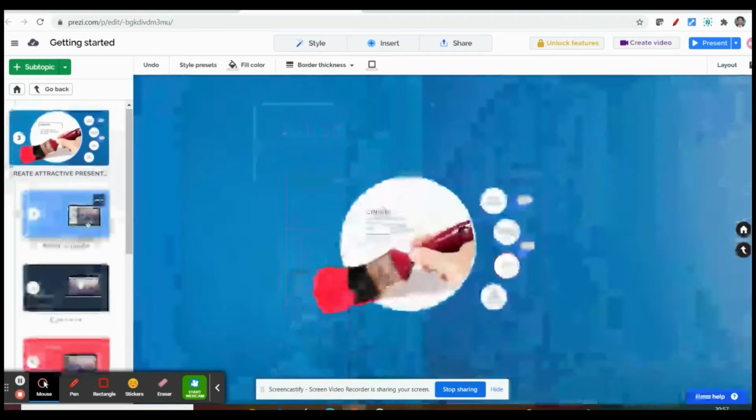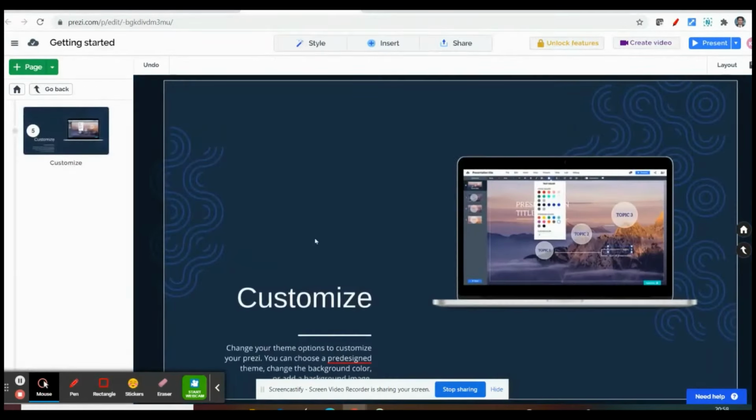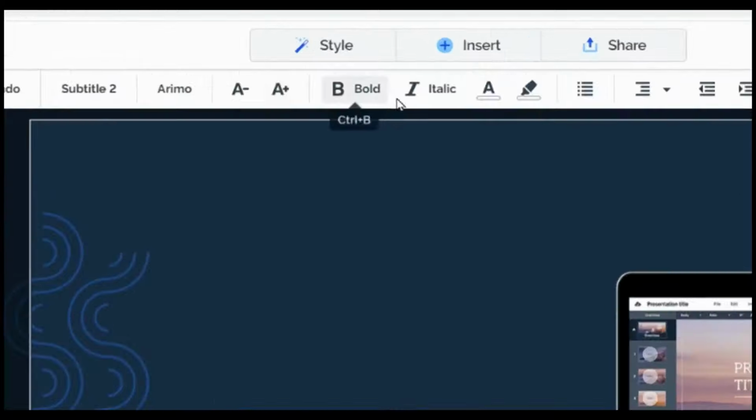Similarly, you can go to the next slide. See here, there are different options based on the main heading. All these text, boxes and colors are default. Now if you want to edit a particular text or color, you can. I can go to the next slide, and in that slide I can edit and insert a picture. If you click here, you get the toolbar. At the top you can find the toolbar.